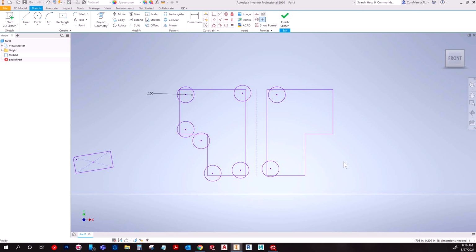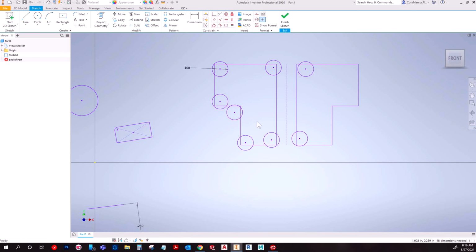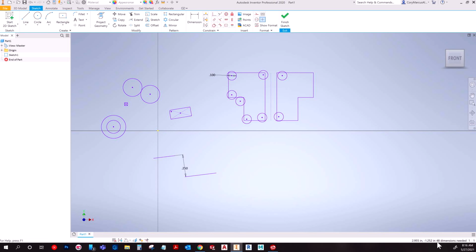And, yeah, so make sure that you're fully constraining things. As you can see here from this mess, I would need 48 dimensions to get everything done. But